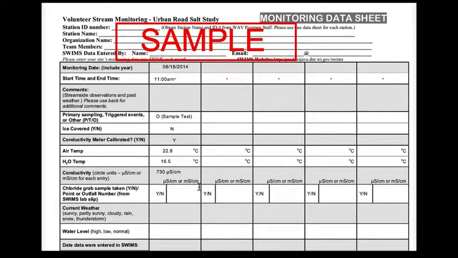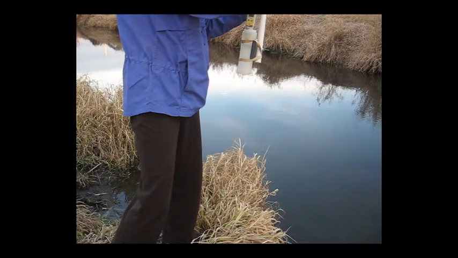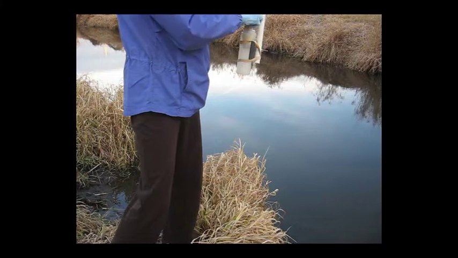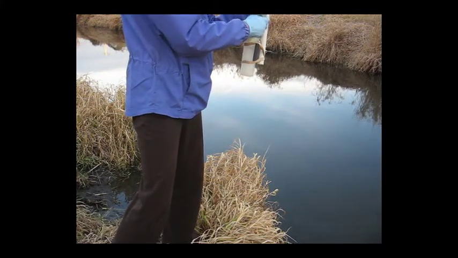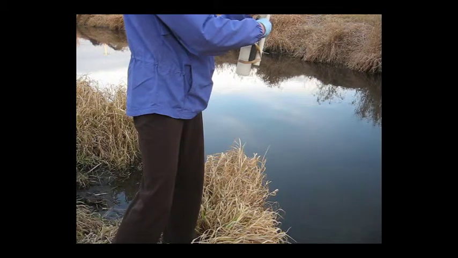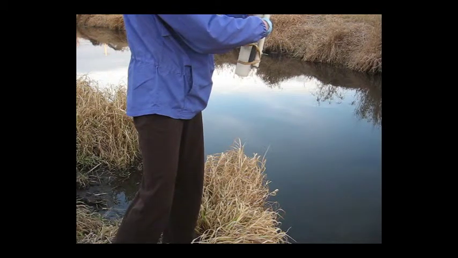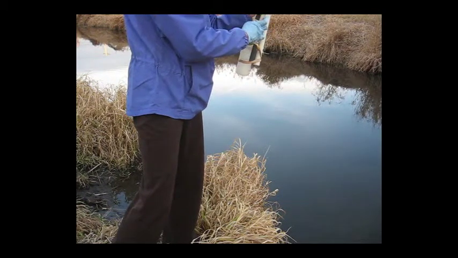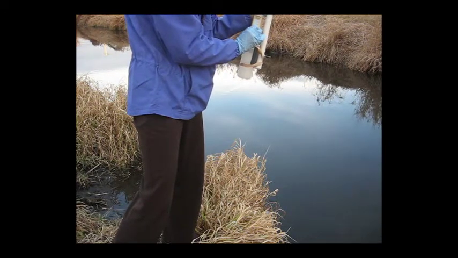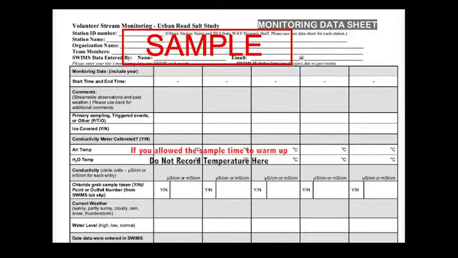If the meter displays an error message due to cold temperatures, cap the sample with a screw cap provided in your monitoring kit and move the sample to a warmer location and allow it to warm up. After it is warmed up, re-immerse the ECTestr in the sample and record the specific conductance once the reading is stabilized. Do not record the water temperature from this reading in the usual location on your datasheet. Instead,